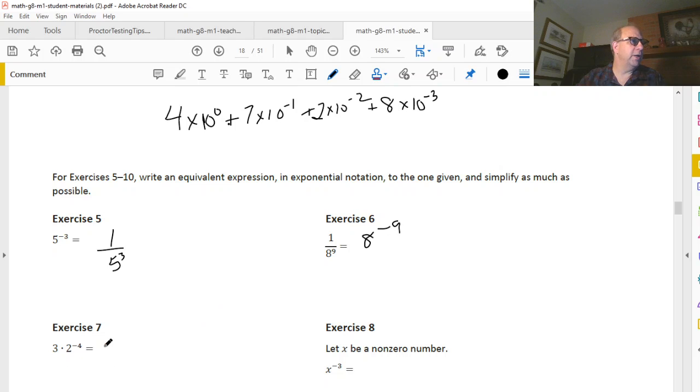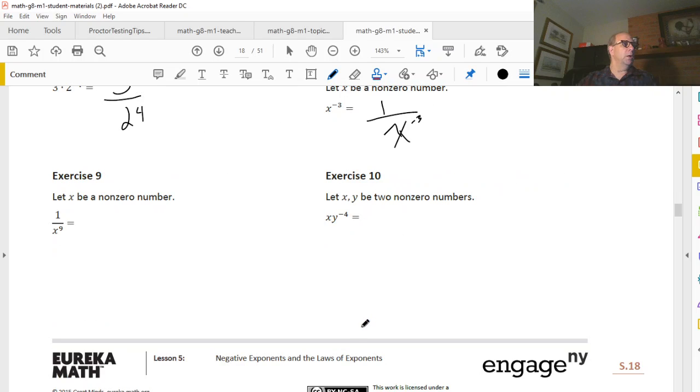3 times 2 to the negative 4th power is 3 over 2 to the 4th power. And then x is a non-zero number. x to the negative 3 power is 1 over x to the 3rd. It cannot be 0 because you cannot divide by 0. That's why they say that. 1 over x to the ninth means x to the negative ninth,